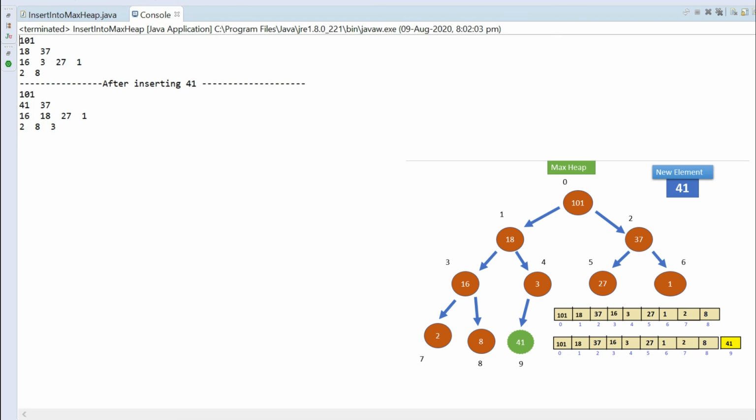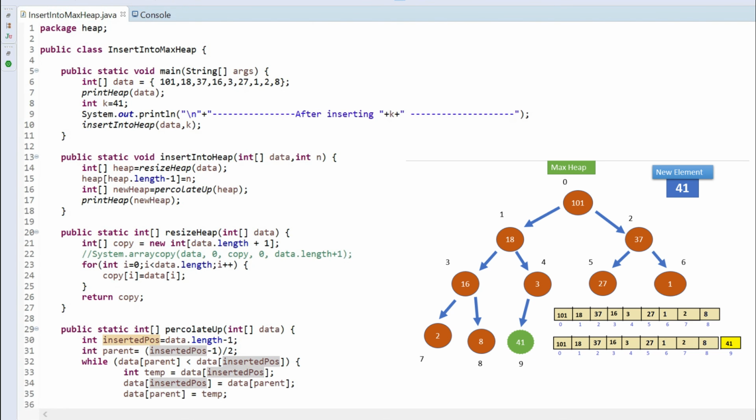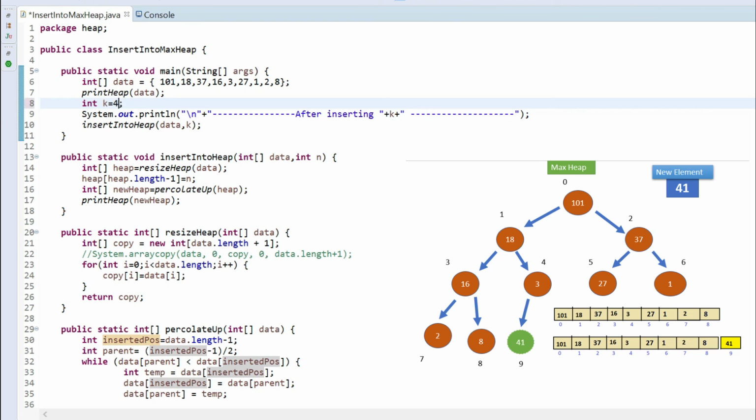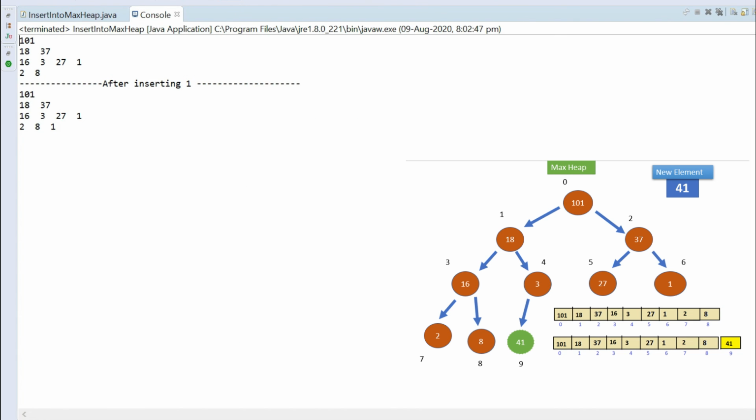Now we will do the best case and worst case scenarios which we discussed earlier. So here, if it is 1, then it will be less than 3. That means there is no need to change any position. So I will change it to 1, then save the program and run again. Here you can see there is no change, because the 1 came in the last position and it is sitting at the ground level. There is no upward movement because it is less than 3, so there is no need of a swap.